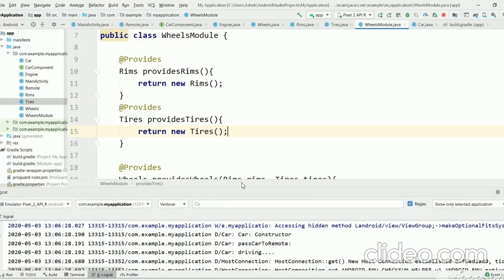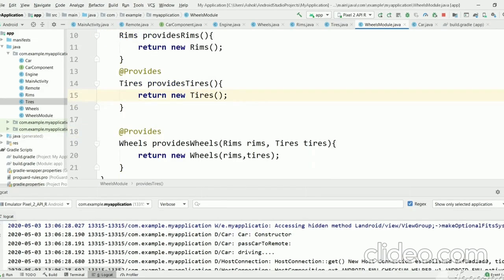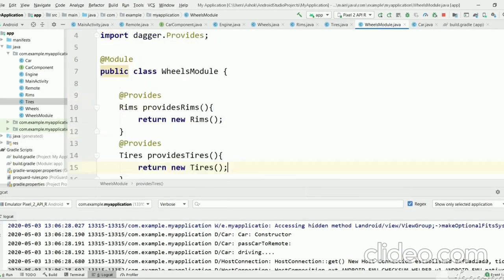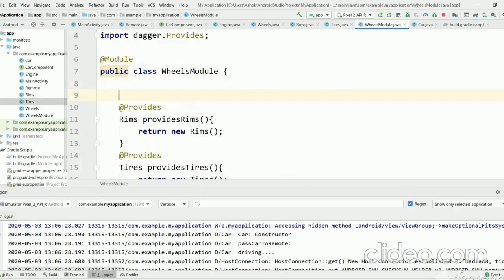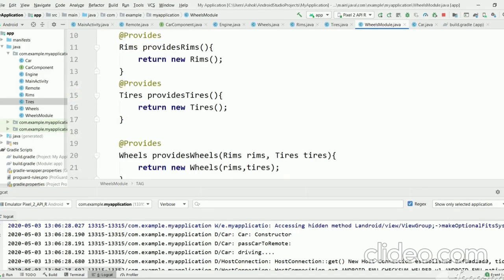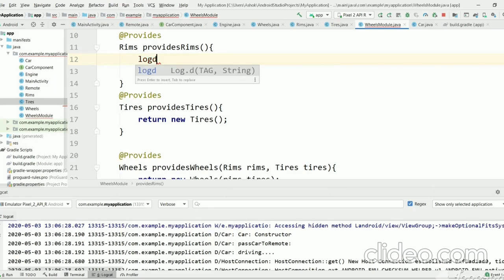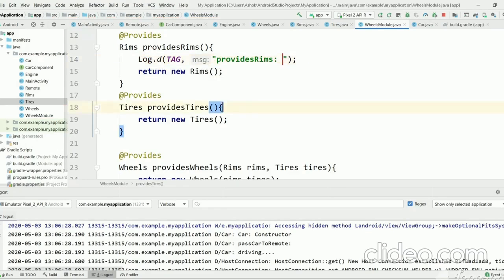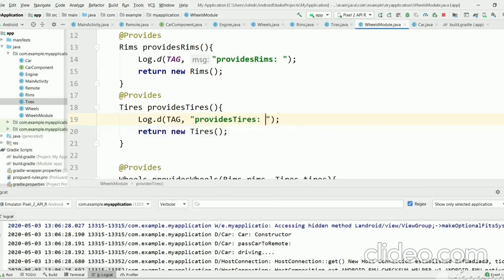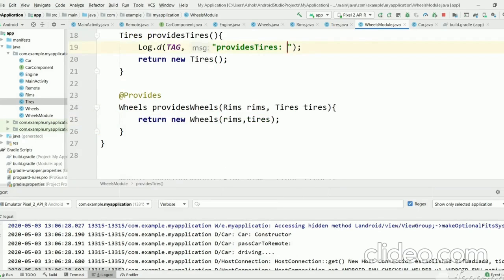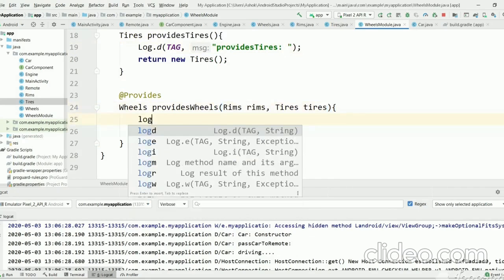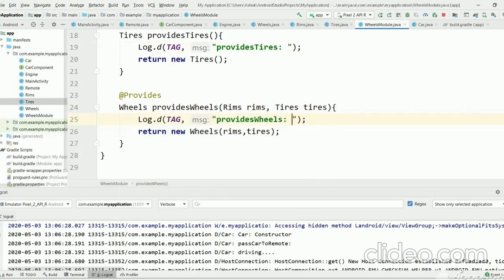If you want to see whether these methods are really used to create the wheels object, tires object and rims object, we can give a log here, and we can create Log.d and write something. So provides rims, just keep it as it is, and provides tires and provides wheels.